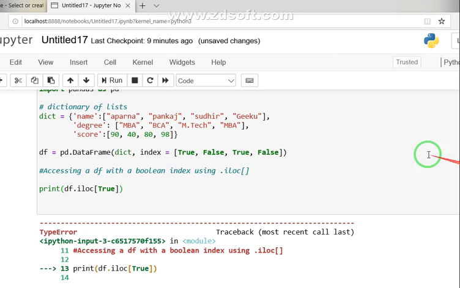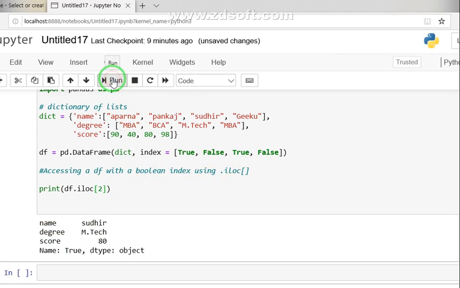So let's say in place of True I pass 2 and run this. You will find the row where the location is 2. Sudhir is at that location: this is the 0th location, first location and second. At the second location we get the data of Sudhir with his degree and score.